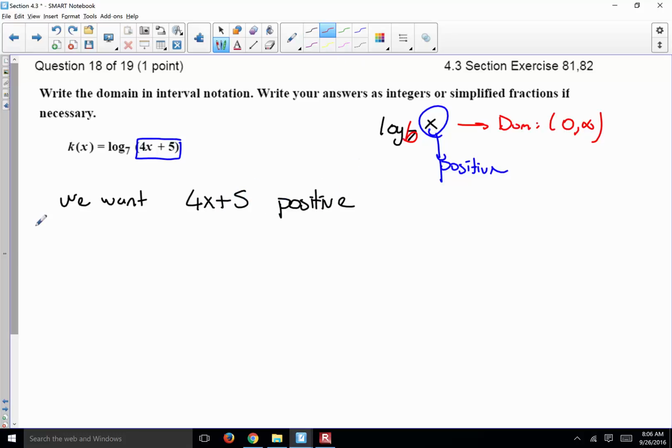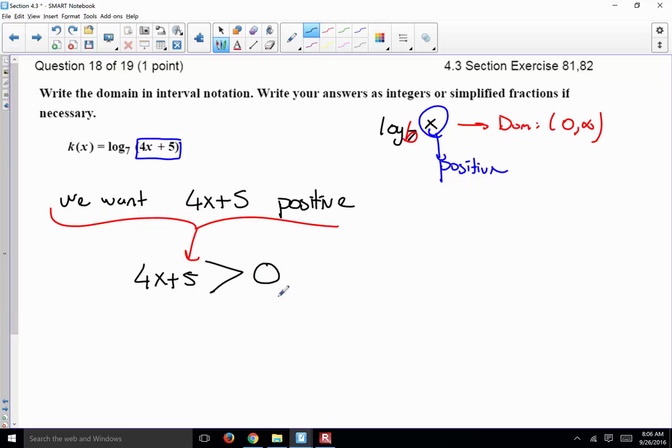Can you translate this into a mathematical expression? 4x plus 5 must be definitely more than 0, not equal. You don't include equality because the logarithm of 0 is undefined. Logarithms can't operate with zeros. So we want it to be more than 0. So we subtract 5 and then divide by 4, right? And get